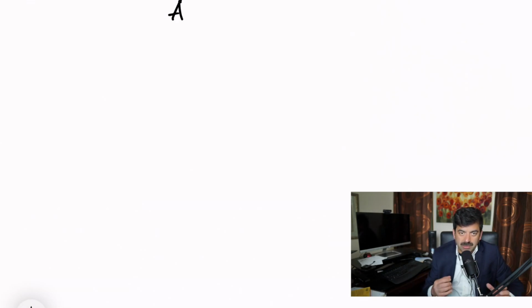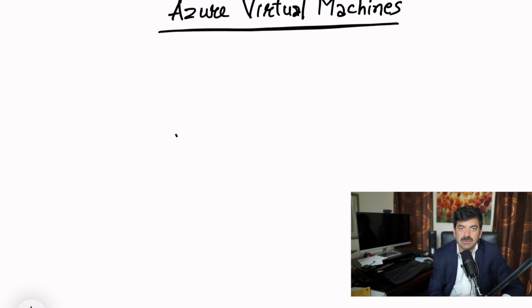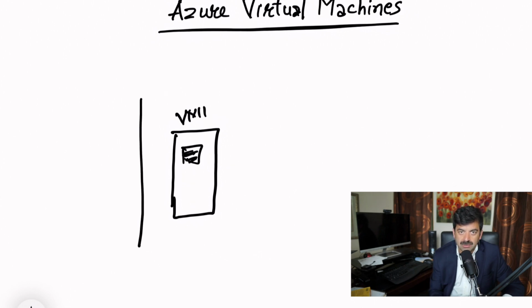Hello friends, today we will be talking about Azure Virtual Machines. A virtual machine is a mechanism by which you can create multiple computer systems on the same hardware. You may have very powerful hardware with multiple CPUs and a lot of memory. So you can set up multiple computer systems on the same hardware so that you get better return on your